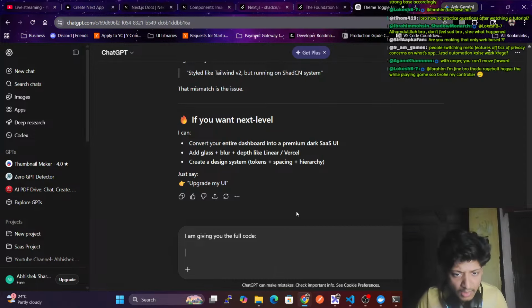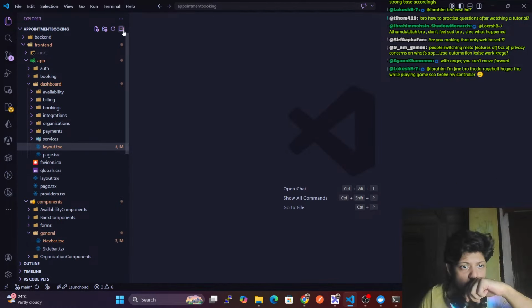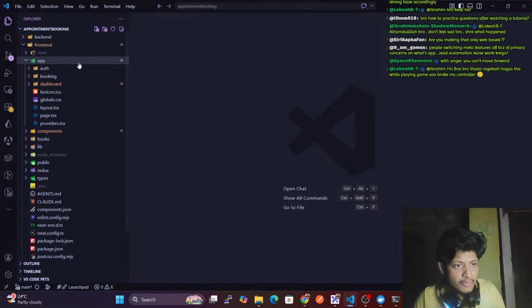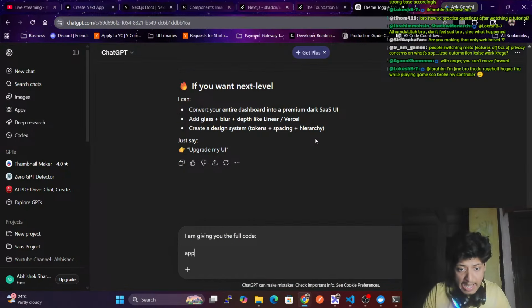Okay, I feel full code. Okay, now let's give the full code first. This is my front end. In my front end, this is my layout. This is my app slash